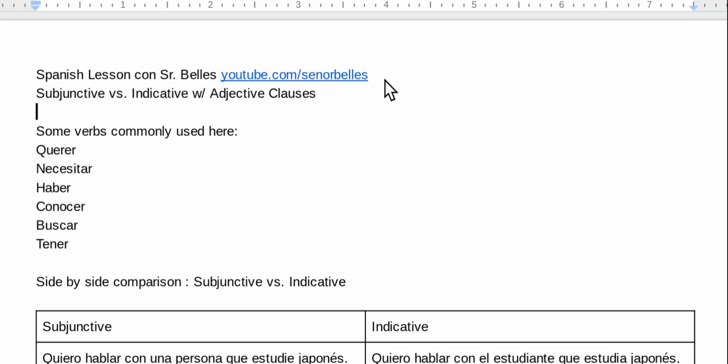To be more specific in this one, we'll look at using the subjunctive with adjective clauses. I'll tell you what that means in just a second. It's not really that big of a deal, just as long as you can identify when you're supposed to use the subjunctive or not. Some verbs that you might see when using the subjunctive in the adjective clauses are